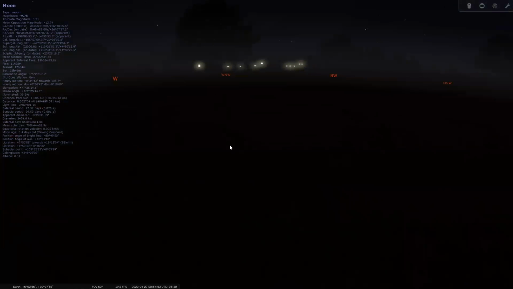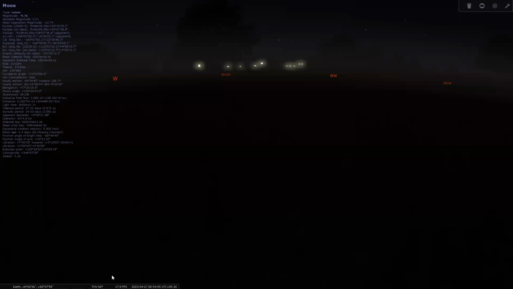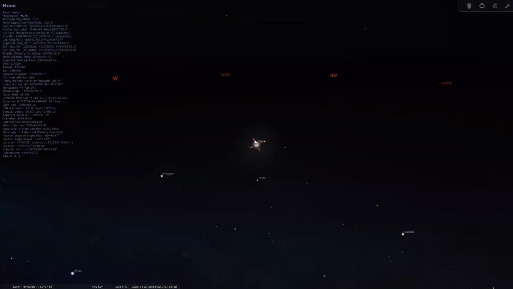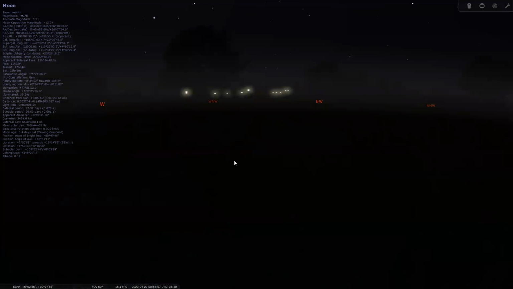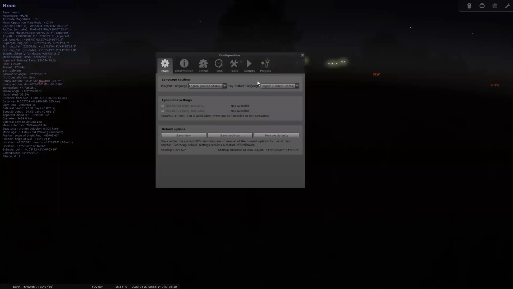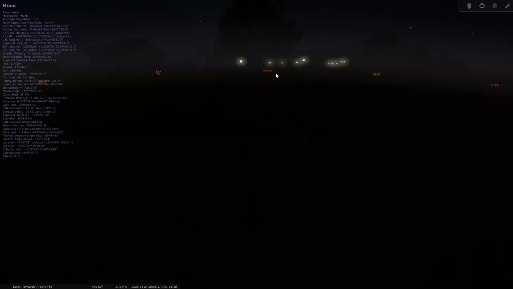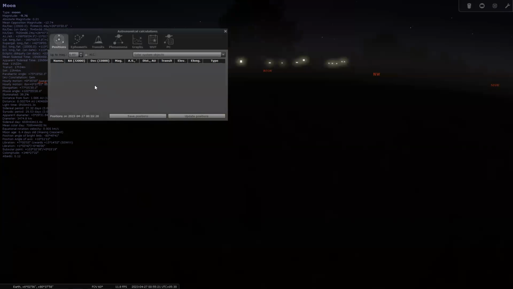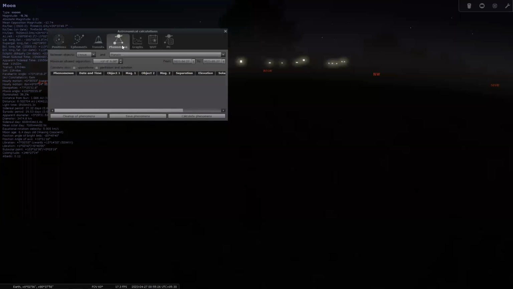So now the moon is below the horizon, right? You can remove the ground by pressing this button here. So the ground can be toggled. You can remove the ground or make the ground visible for a more realistic view. You can keep the ground anywhere. So the moon is actually below the horizon, right? Next one is configuration, the basic settings for this. You can add new components and new objects as they become available. And also, there's a calculations window to calculate the different phenomena I told you about,